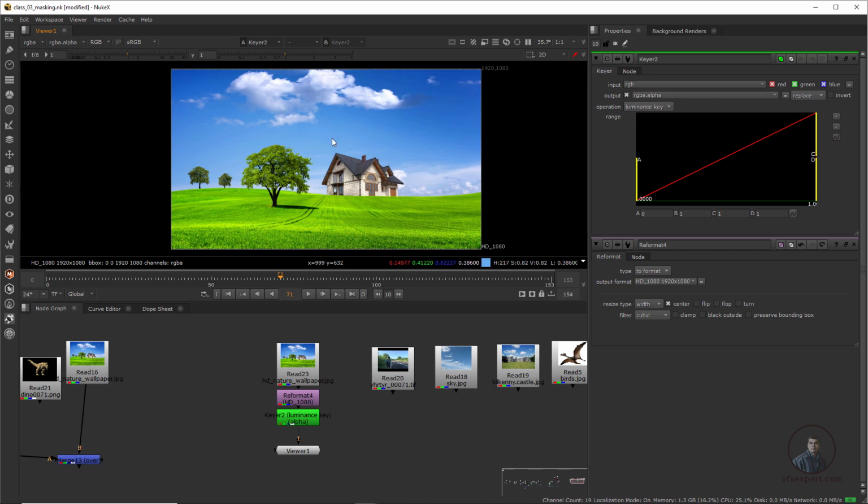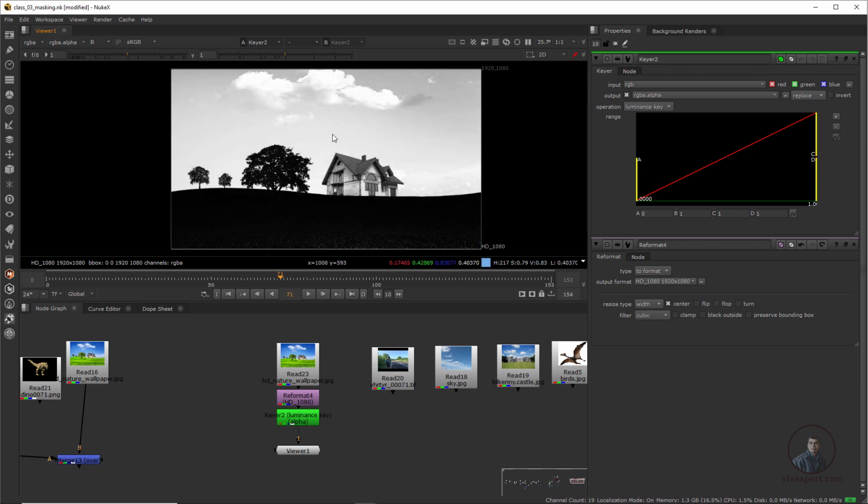Place the mouse inside the viewer and press R for the red channel. So this is the black and white separation. Then press G for the green channel, and press B. Now you can easily see that in the blue channel we are getting this black and white separation. So with the help of the blue channel we can easily create our matte.